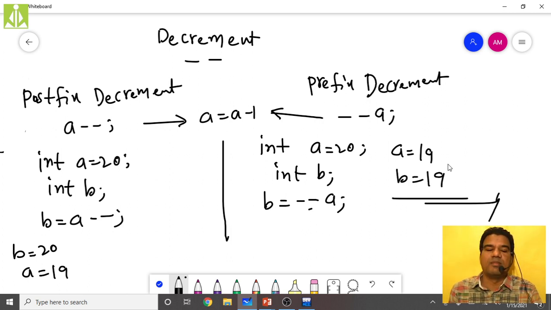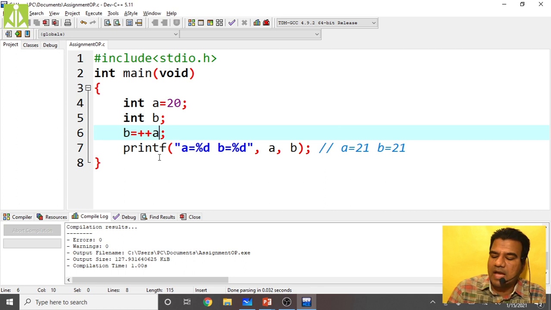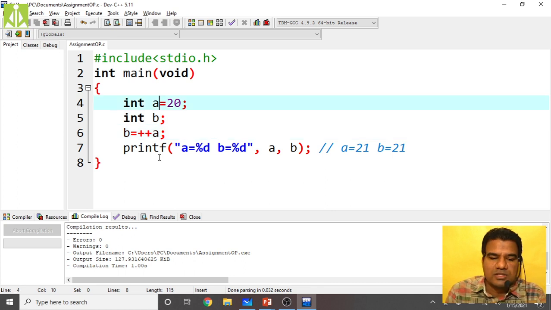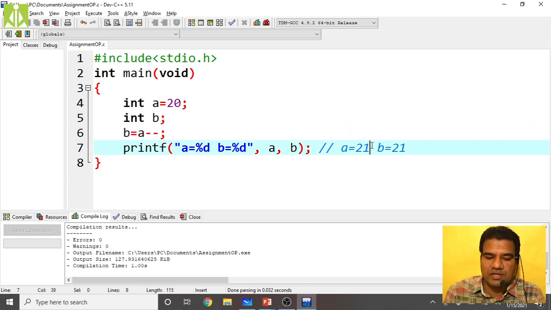Like this you have to remember. Quickly we go and see what we have here. We are taking a value as 20 and b equals a minus minus. This is postfix decrement. In postfix decrement, first the value will be assigned.